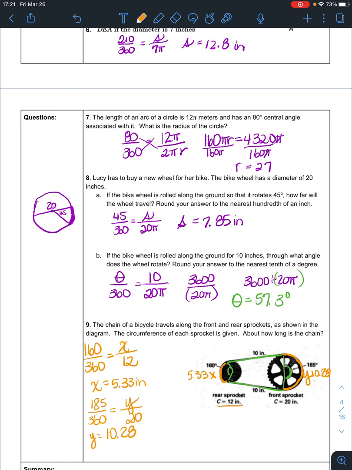And this is 5.33. So if you add 10 and 10 and 10.28 and 5.33, you get that the chain is 35.61 inches long. Okay, so arc length is a portion of the distance all the way around, which is circumference. And you set up a proportion. The angle divided by 360, the part over the whole, is equal to the length of the arc over the